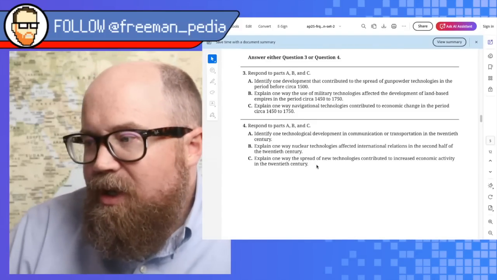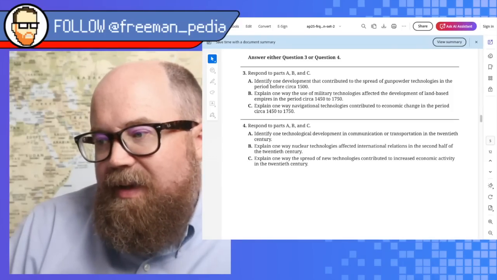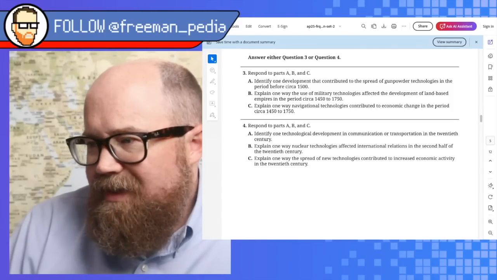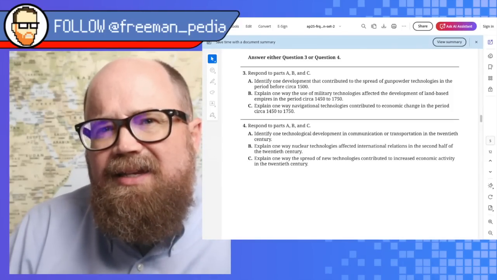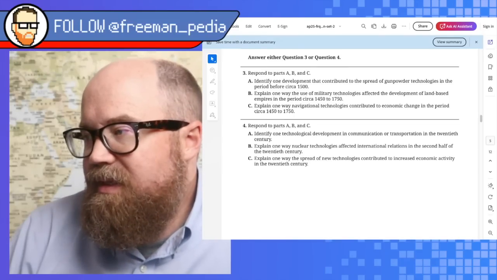Explain one way the spread of new technologies contributed to increased economic activity in the 20th century. I feel like this was an old question. This was like an LEQ a few years ago. But anything that says here,